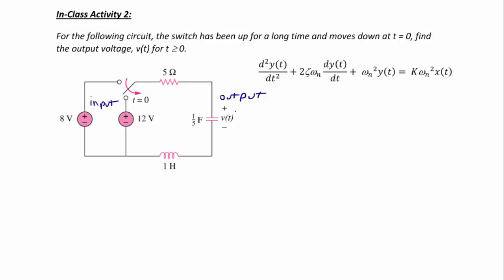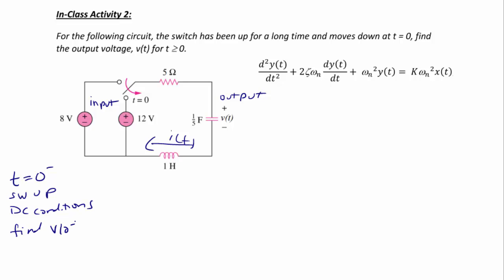So unlike the problems before, we don't have the initial conditions. So we analyze the circuit at t equals 0 minus in order to find the initial conditions. So t equals 0 minus, the switch is up. We have DC conditions, and we want to find V of 0 minus and find I of 0 minus. So if I redraw this circuit at t equals 0 minus, I have the 8-volt source,